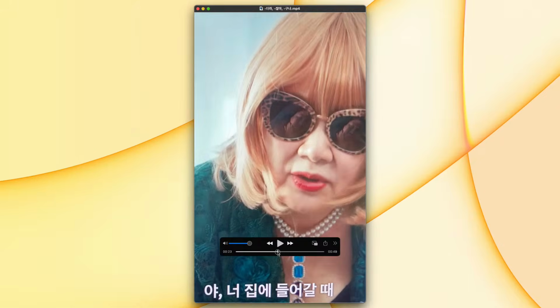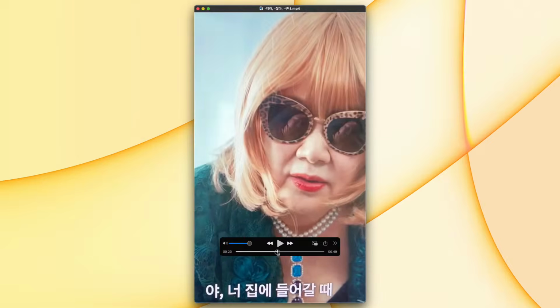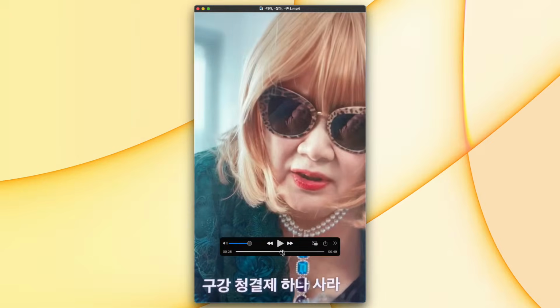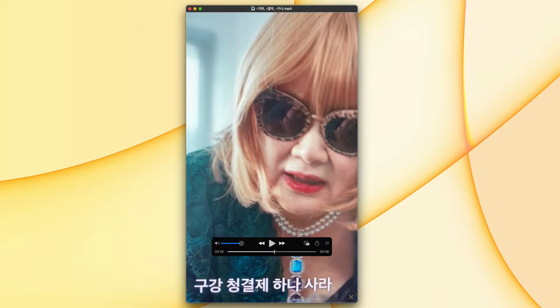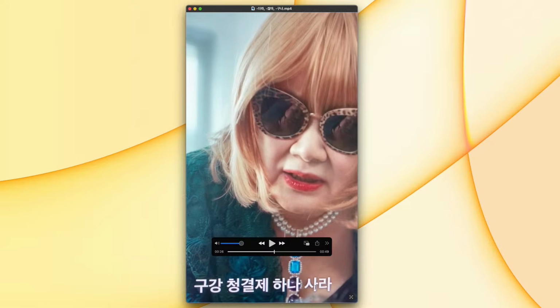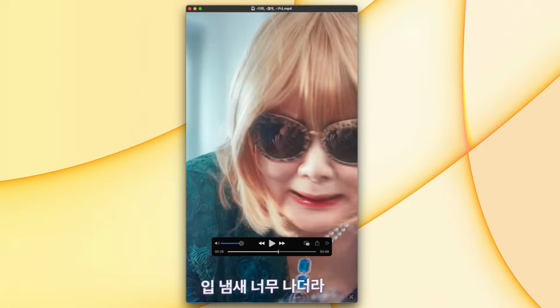Yeah, this grandma is speaking to this guy with the bump on his forehead. 집에 들어갈 때, when you go home, 구강청결제 하나 사라. We're gonna learn the la ending later in this lesson, but 구강청결제 means mouthwasher. So buy a mouthwasher when you get home. 입냄새 너무